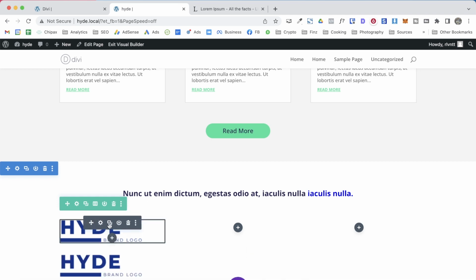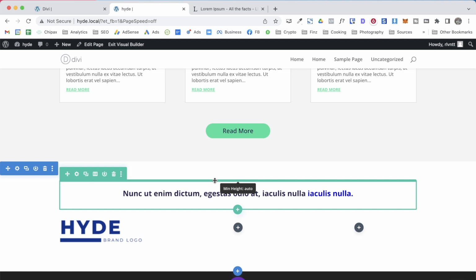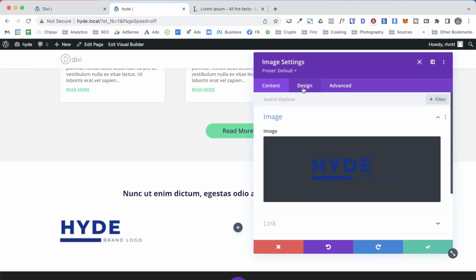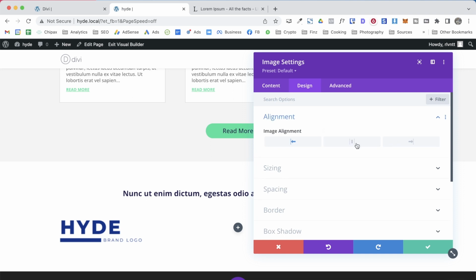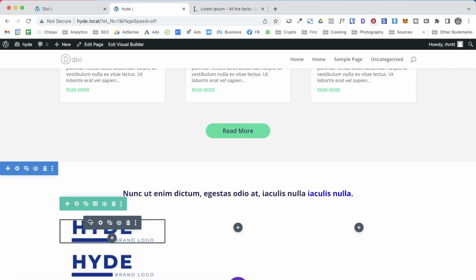I can duplicate this by 3. Oh no. Oh, if you can see, those images disappeared. And what I did was to press Command Z, so you can go back. So what I want to do before adding the other images is align this to the center. And now I'm going to duplicate them